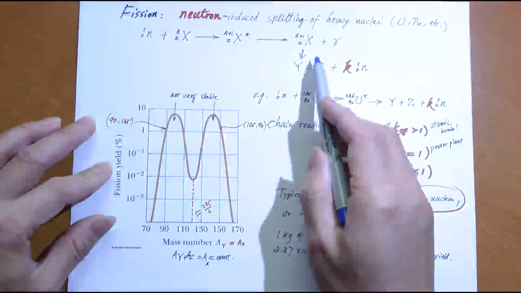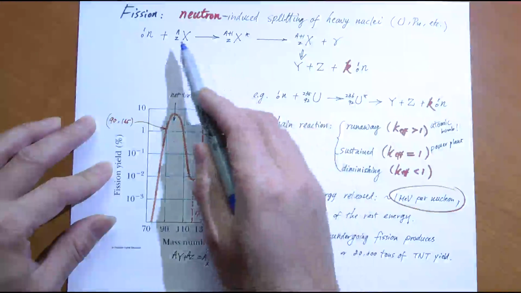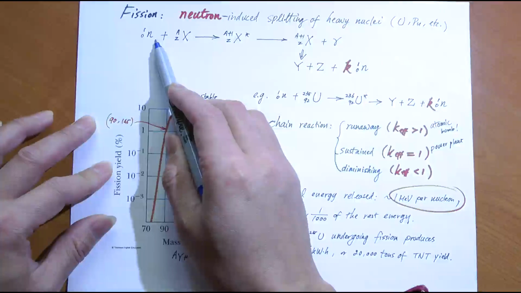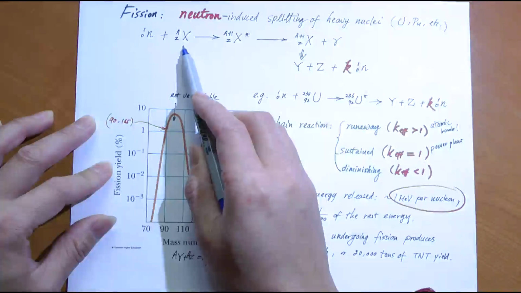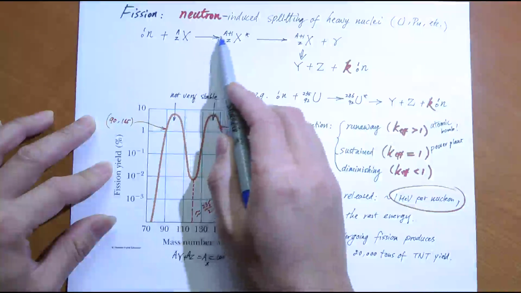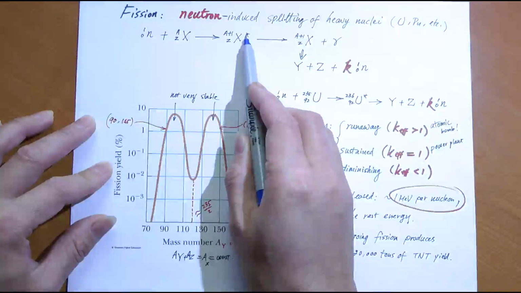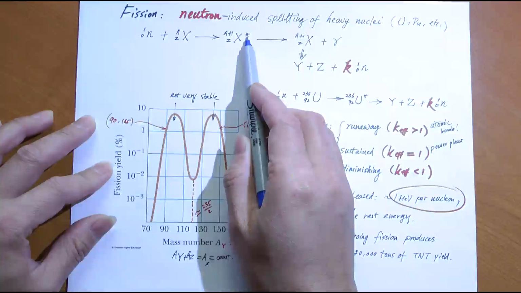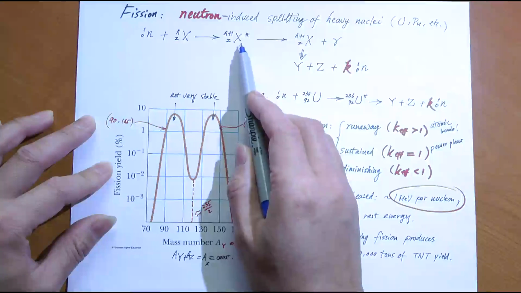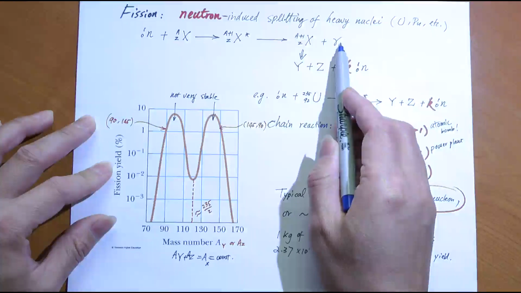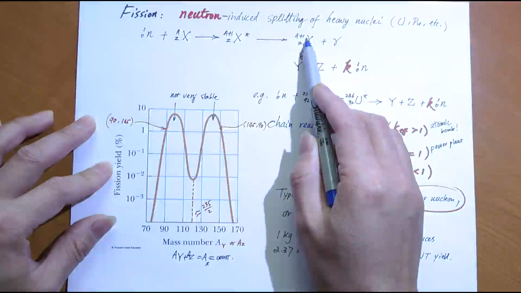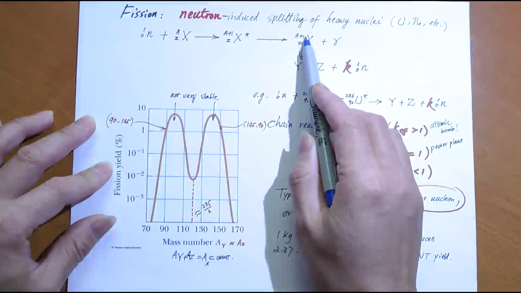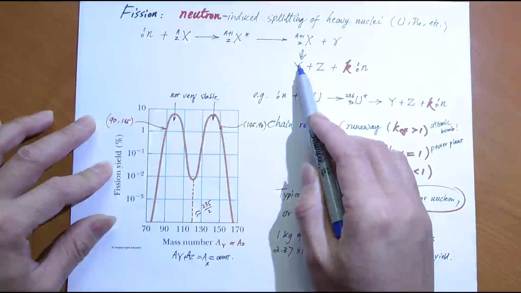Here is the generic formula for such a fission process. This is the neutron, and this is the target nuclide, such as uranium or plutonium, and the neutron is captured by this target particle, and you can see A becomes A plus 1, Z remains Z. We put a star here to indicate this is what? An excited state. It becomes very unstable, and it decays by emitting a gamma ray to go back to the ground state, and then this nuclide, having one extra neutron, becomes less stable than before, so it decays into two